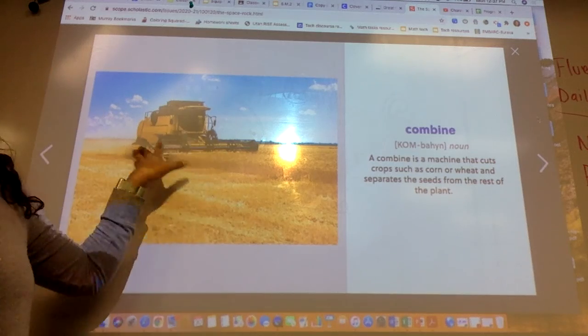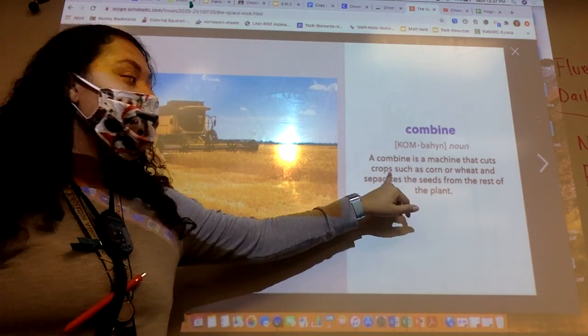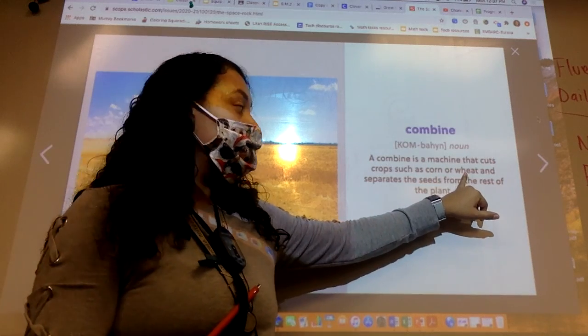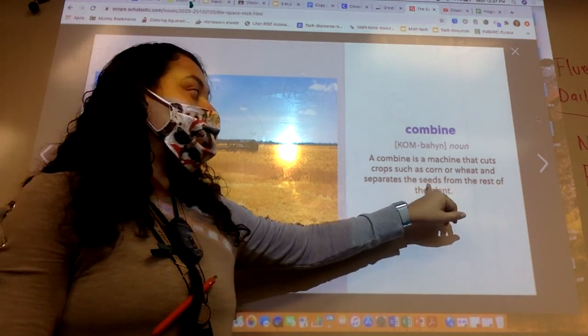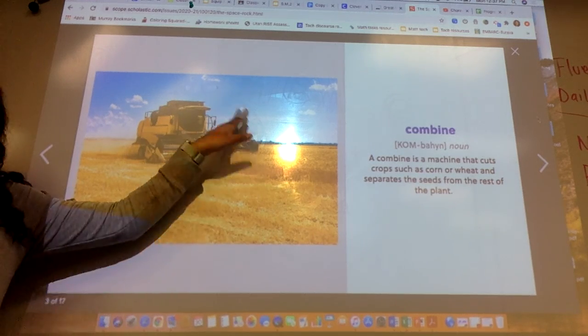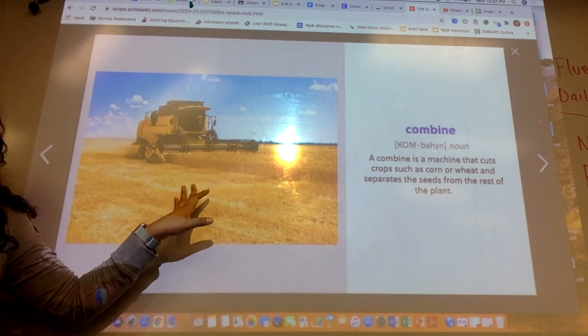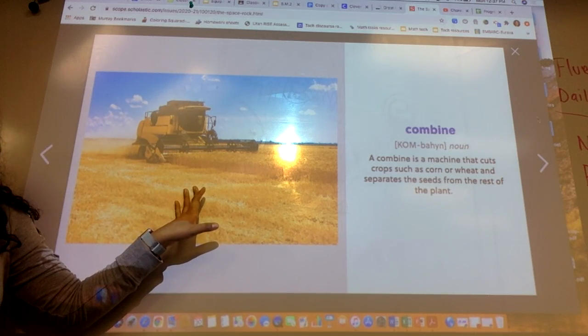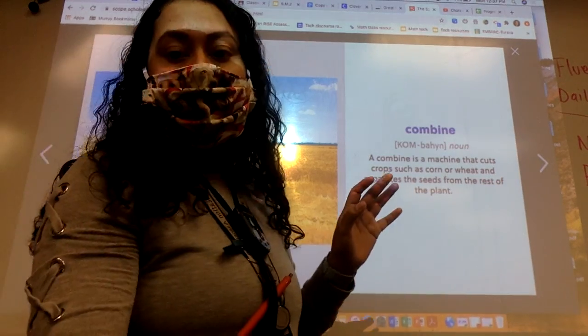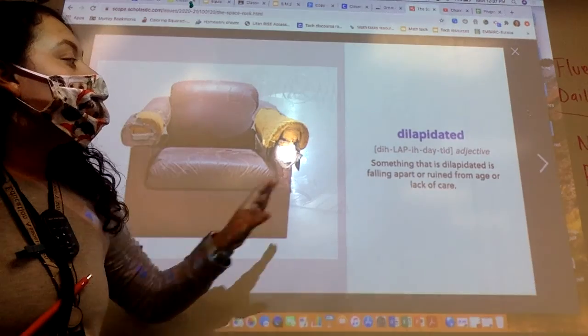A combine is a machine that cuts crops, such as corn or wheat, and separates the seeds from the rest of the plant. Okay? This is a combine. Not a combine, but a combine. Okay, so it sounds differently. A combine machine. Okay,